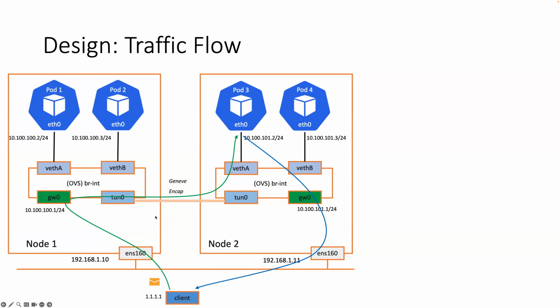Let's say the load balancer IP of a service is 2.2.2.2, and the client IP is 1.1.1.1. And let's say we want to access a service whose backend is pod 3, and the load balancer IP is currently assigned to this node 1. When the client sends the request, it will first reach node 1, and